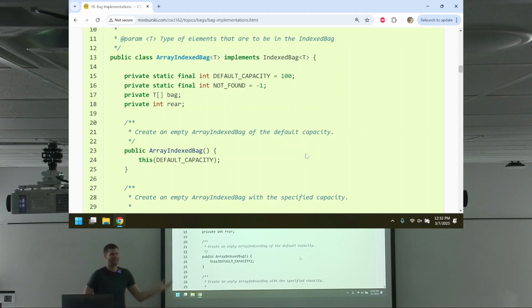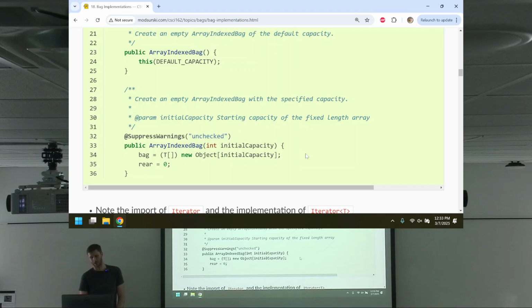Remember, the basis of this is going to be idea 1 for the array queue, which was the bad idea, but remember we talked last time, it is what it is. Every time we add and remove, it's going to be linear anyways, because we can add and remove anywhere. We can't really take advantage of the fact that everything's always happening at one end or the other.